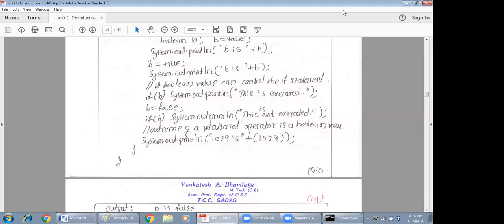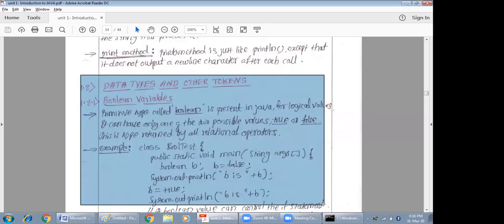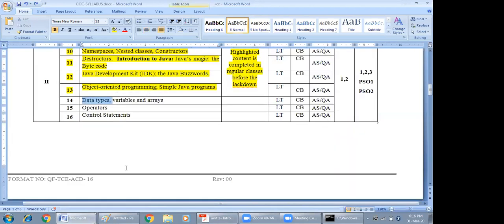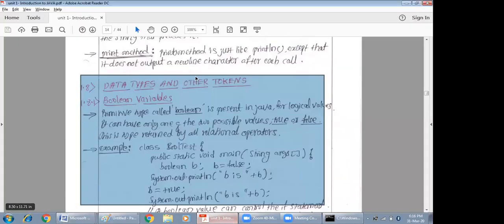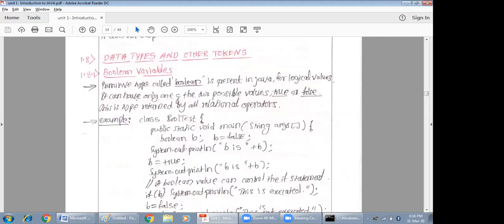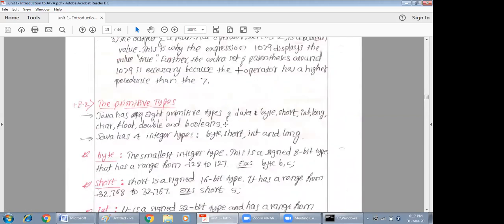Okay, down. So I'll start as I said. I had told already, I'll be starting with data types, tokens and the like. This is the place where we are. I'm covering this part. So this part is very similar to C and C++, what we have already studied. The data types in C are almost all similar here also. Like how we studied all the primitive data types, byte, short, int, long, all are also available in this.